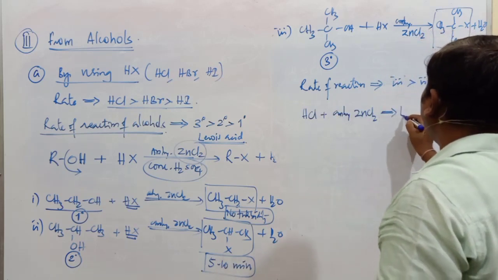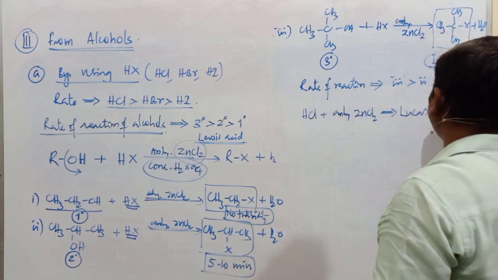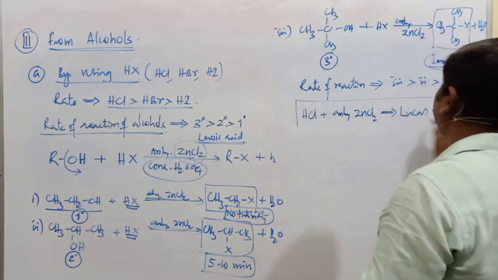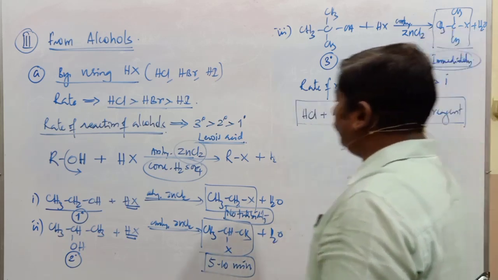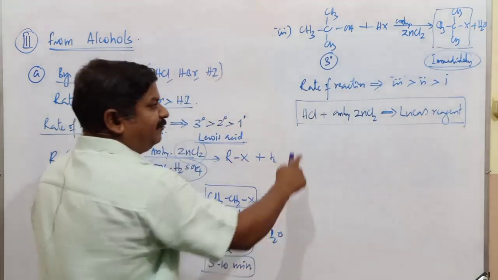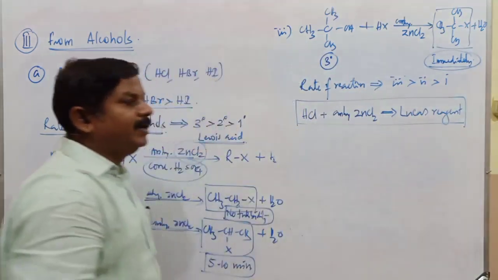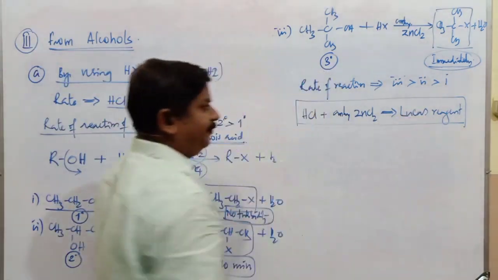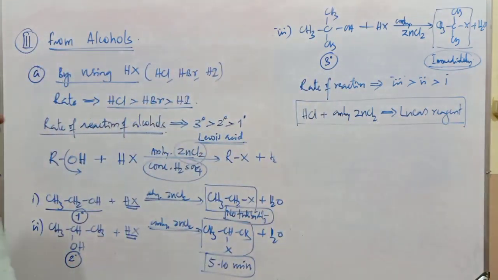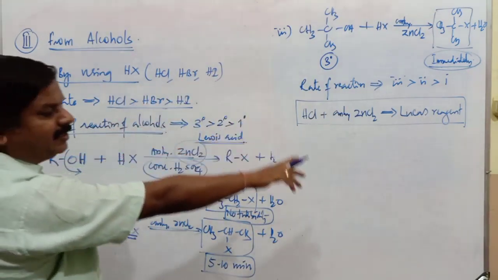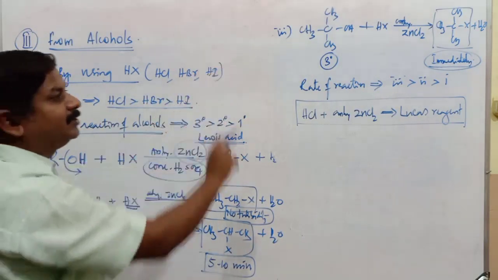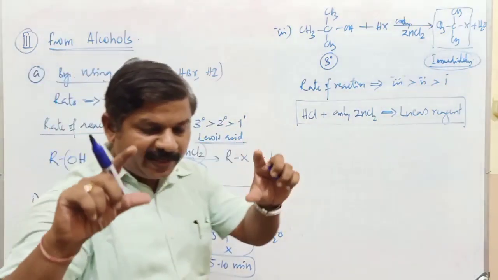And this particular reagent, a mixture of HCl plus anhydrous zinc chloride, is commonly called Lucas reagent. Once again, we come across this reagent in the distinguishing tests between alcohols, in the topic of alcohols. So if asked what is the function of Lucas reagent, now you can identify it. Lucas reagent is used to distinguish between primary, secondary and tertiary alcohols. You have taken three different test tubes.